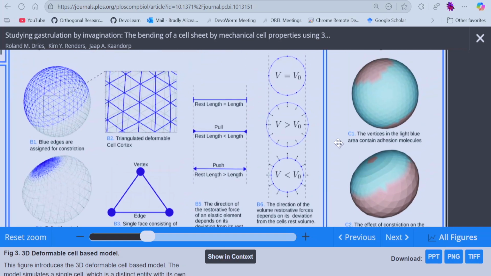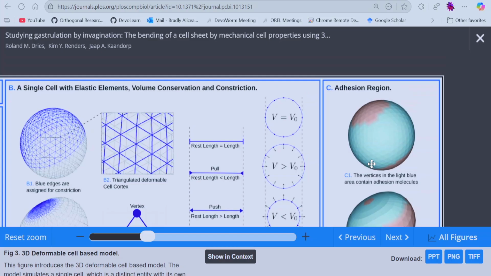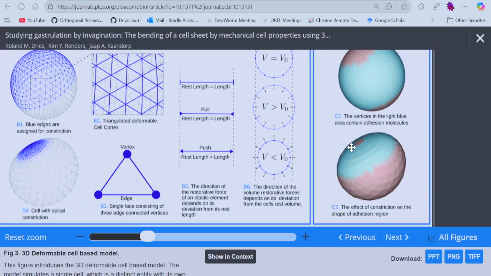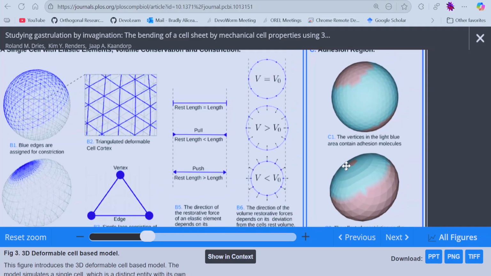Okay, so then they show the direction of the forces. They actually have this force orientation map where we have changes in the forces on the surface of the sphere, and then changes in the sphere itself. So the entire embryo can grow, the cells can grow, things can move inward or outward depending on the mechanical environment. And then in this C, they show the adhesion region,